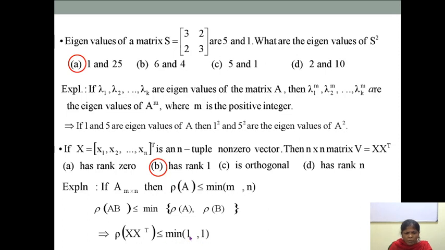So what should be the minimum value? It should be 1. Now one might ask why it is not 0. The minimum being less than or equal to 1 means it may be 0 also. But here you will not find this option, because this matrix is a non-zero vector. So at least one row of this product will be a non-zero row. Hence the rank should be 1. Okay, I hope this is very much clear to you all.